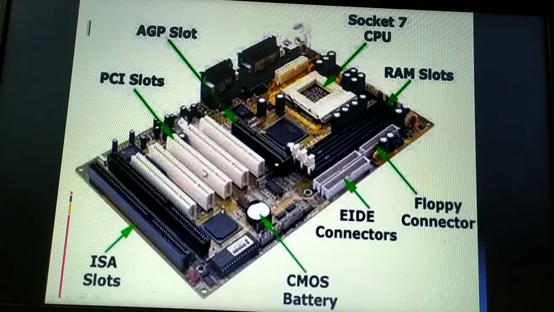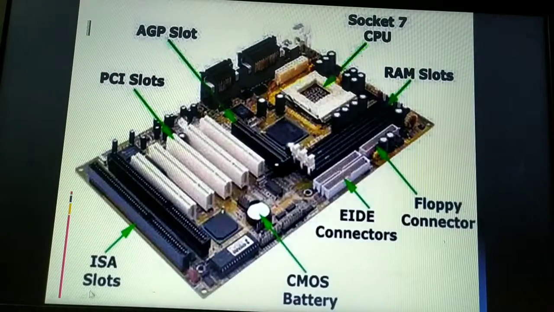That provides an additional functionality to the computer. What additional functionality? That is the sound. Similarly, we have the ISA, PCI, AGP slots in order to provide some of the other additional functionality to the computer system. So, the first slot that we are going to discuss is the ISA slot.